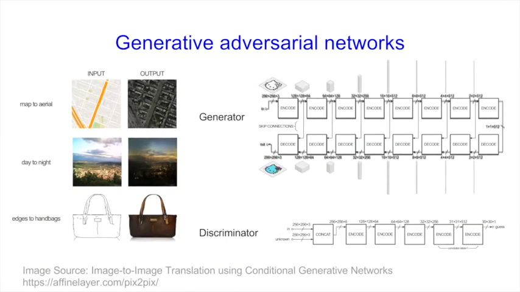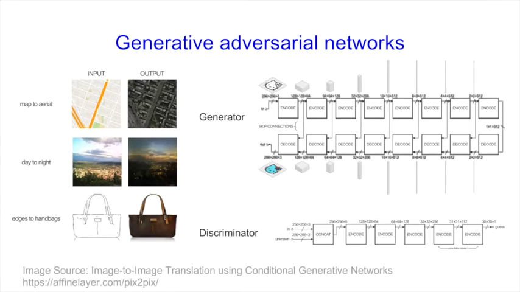The next idea we had was to use generative adversarial networks. Essentially, instead of using the fancy loss that Zhang described, the idea is that we could use another network, a discriminator network, that could act as the loss function. And we train the discriminator network to differentiate between real images and images generated by the generator.